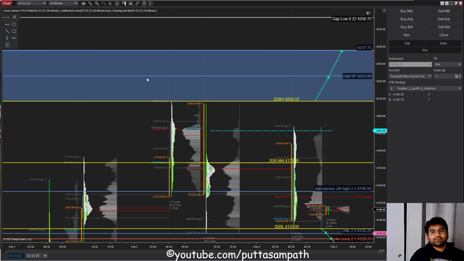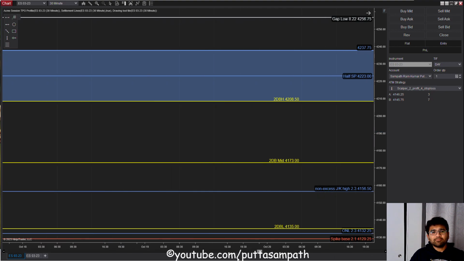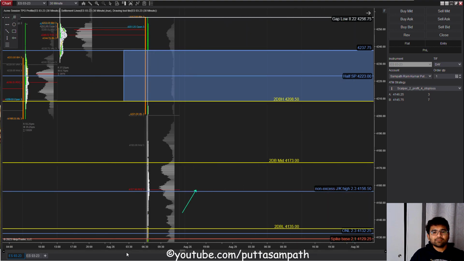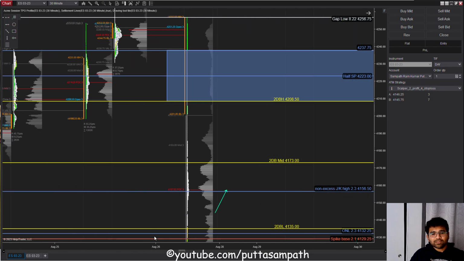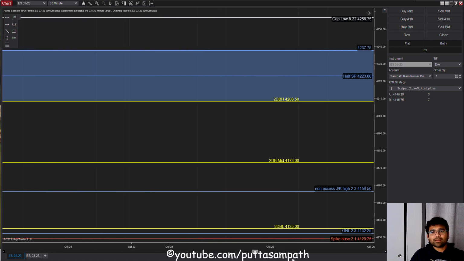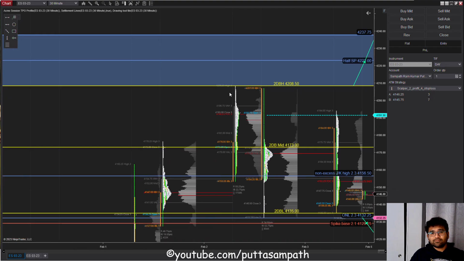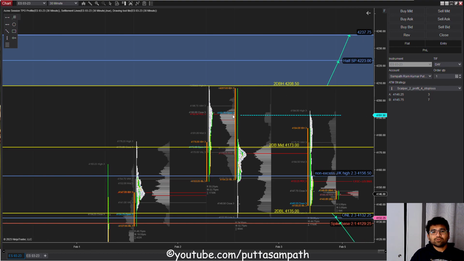These are the single prints that were there from very long time ago. I think back in September. If you notice, they still haven't filled. So if you notice, actually back in August. So these single prints go back all the way to August of last year. We found resistance there and then closed near the point of control, where most of the volume for the day